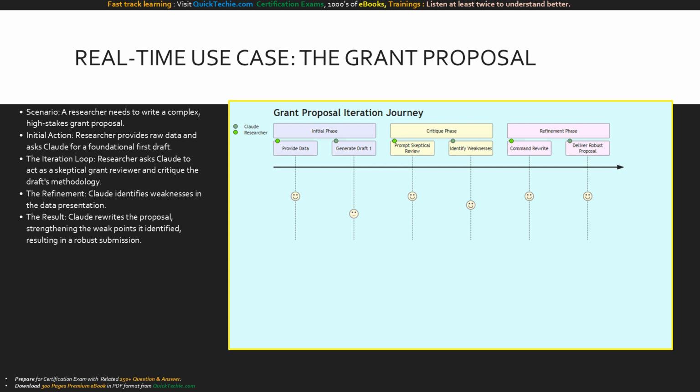Here is where the iterative loop shines. The researcher issues a new prompt: "Now act as a highly skeptical grant review committee member. Read this proposal and identify 3 reasons you would reject it." Claude instantly pivots, analyzes the text, and points out that the methodology section lacks clear timelines and the budget justification